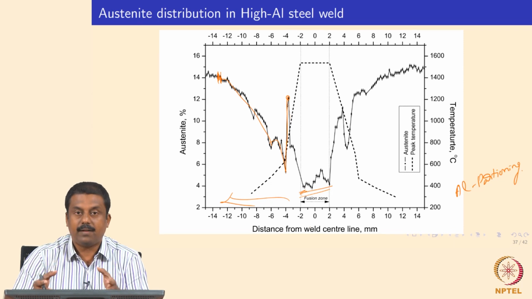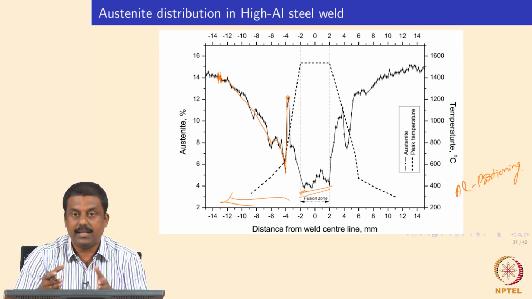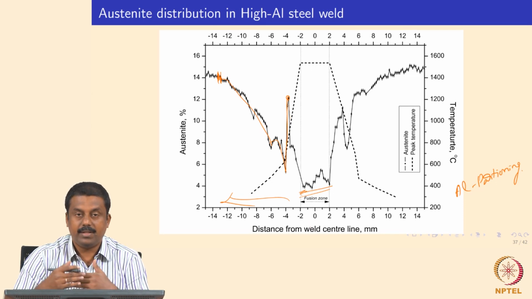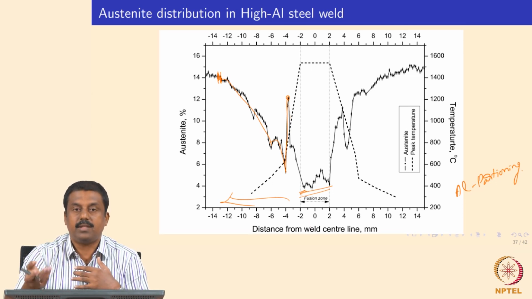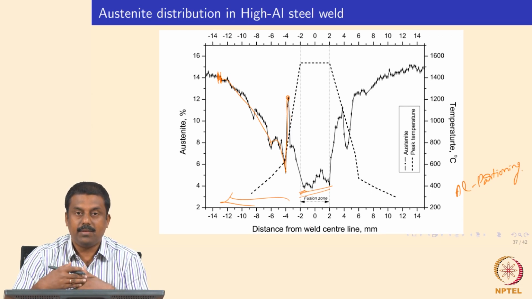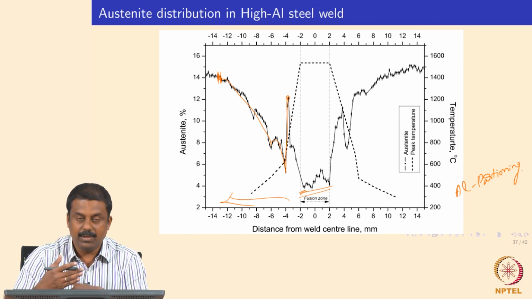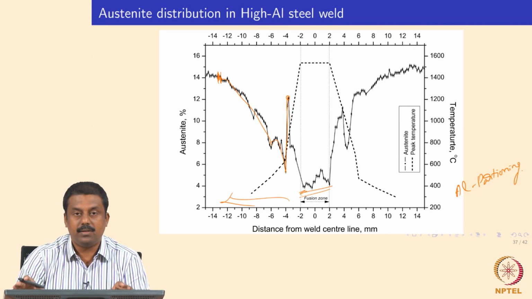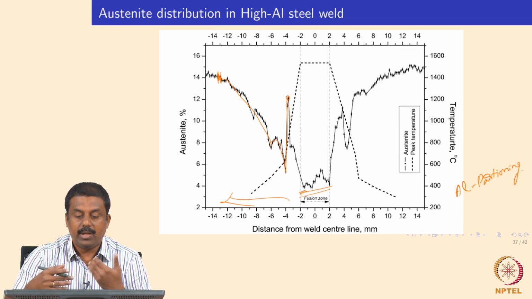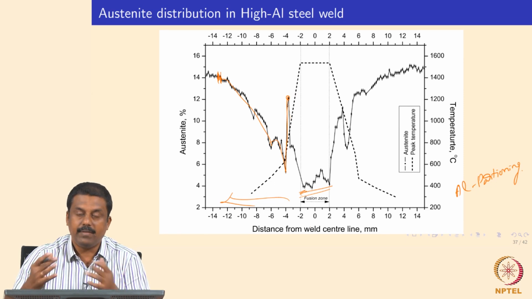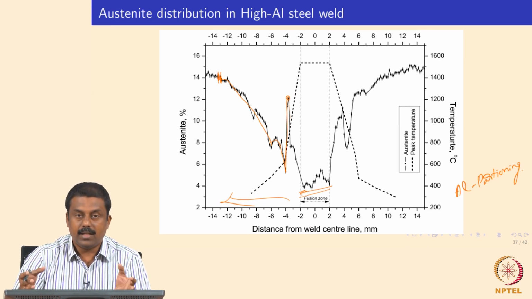So I already explained the effect of peak temperatures when the peak temperature is less than the A1 temperature. A1 temperature is the temperature above which you nucleate new austenite while heating, and if it is less than that temperature, whatever retained austenite is present in the microstructure would decompose, okay, based on the peak temperatures again. When the temperature is just below A1 temperature, you decompose all retained austenite to mixtures of ferrite and carbides. And the moment you go to the intercritical temperature above A1, you will end up having a partitioning of carbon between the coexisting ferrite and austenite, and that can lead to increasing austenite fraction in the intercritical region.